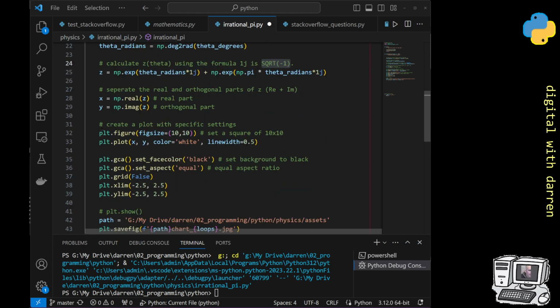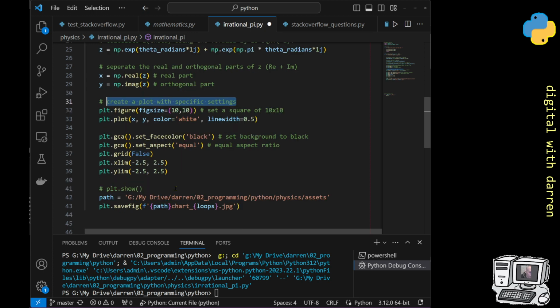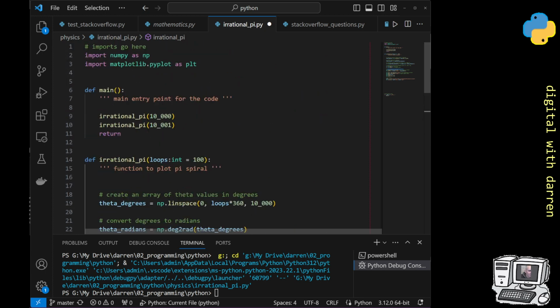And in that, we then did a little plot. We created a plot with some very specific settings: a white line, black background, equal aspect ratio. We removed our grid lines, and we made the x and y limits go between -2.5 and 2.5 horizontally and vertically. Now the extra piece that I've added in, and this is the nice thing about doing everything inside of functions, creating a function like that and then having a main function that calls our function,